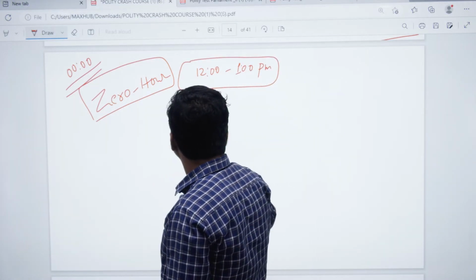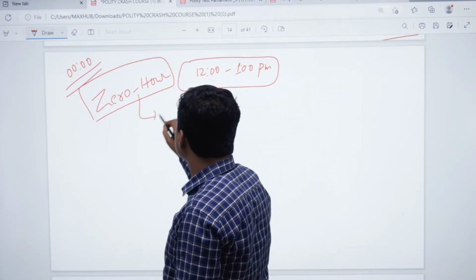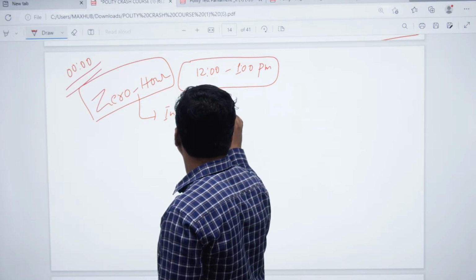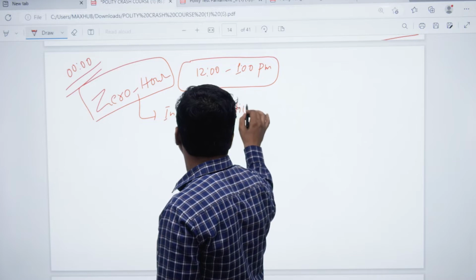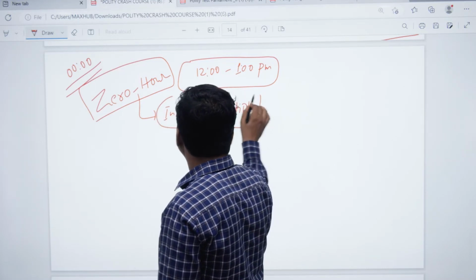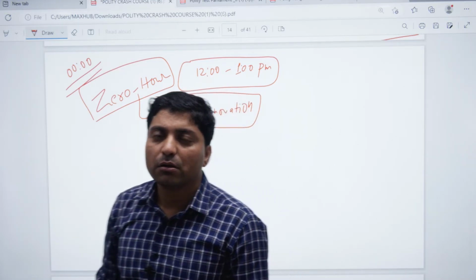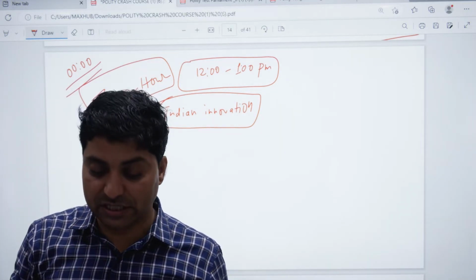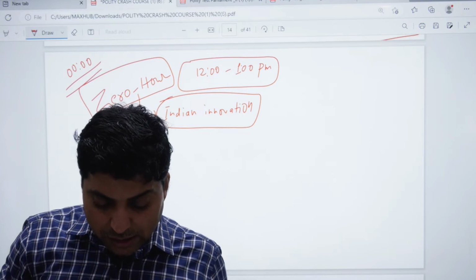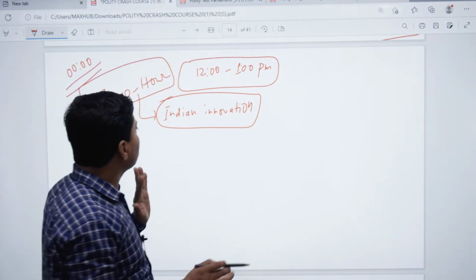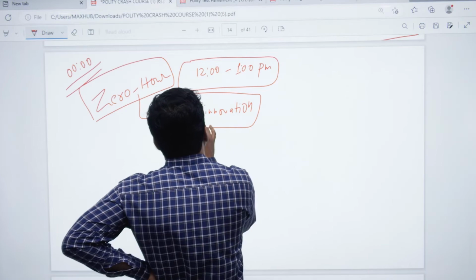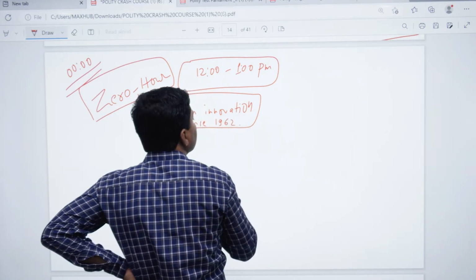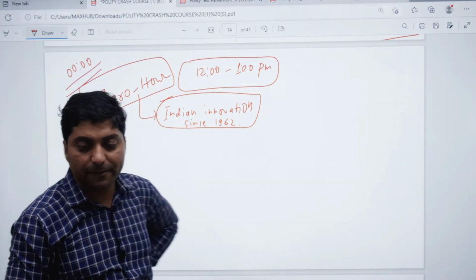अच्छा, I told you this is an Indian innovation. ये यूके पार्लियामेंट में नहीं है, and it is not mentioned in the rules of procedure, right? ये 1962 के बाद से एग्जिस्टेंस में है।